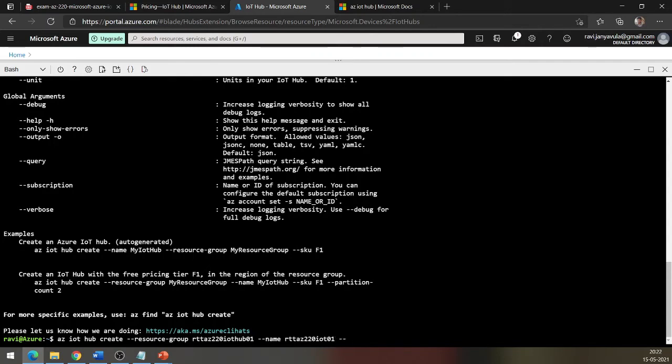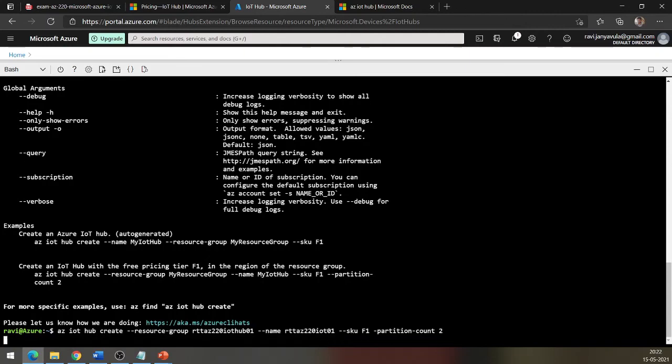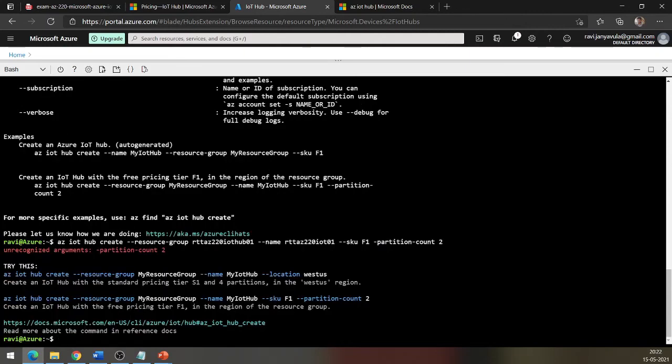Since I don't want the IoT hub to be created in S1 tier by default, I am specifically mentioning it to be created in free tier. In the partition count, by default it takes 4 partitions, and I want only 2, so I am setting the partition count as 2. I missed a hyphen here.